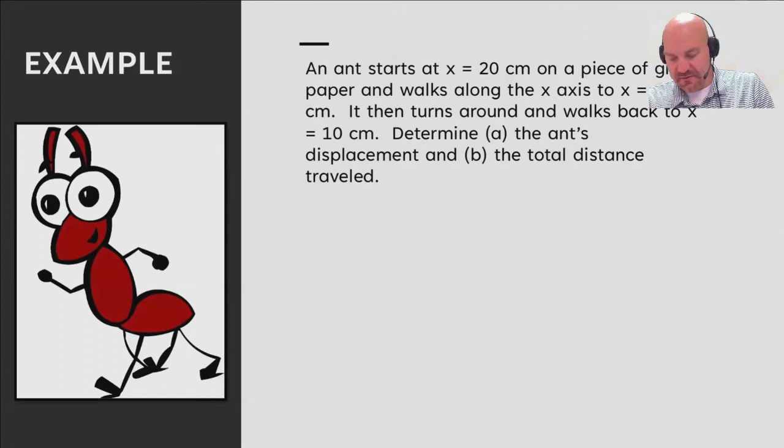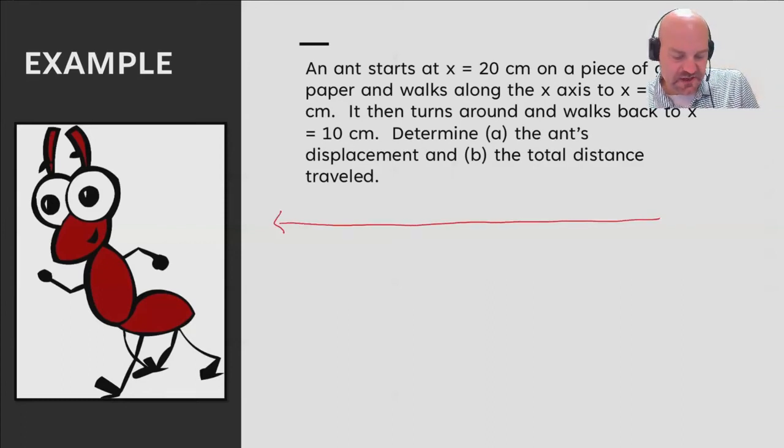So let's look at a quick example. We have an ant starting at 20 centimeters on a piece of graph paper that walks along the x-axis to x equals negative 20 centimeters. It then turns around and walks back to x equals 10 centimeters. Determine two things: the ant's displacement and the total distance traveled. If you want to visualize this,